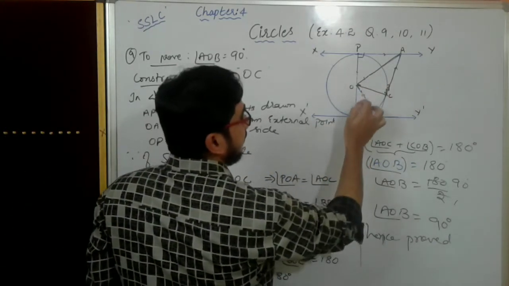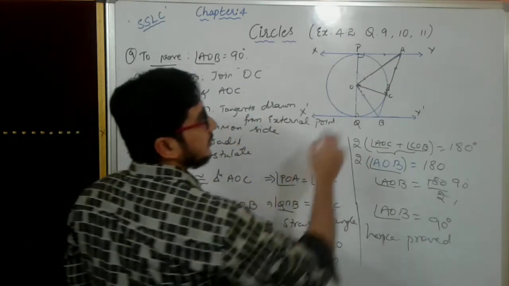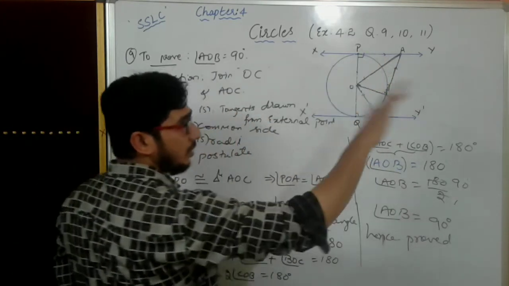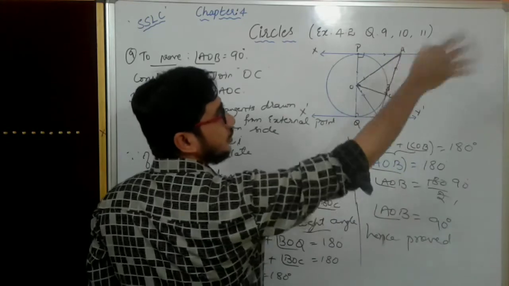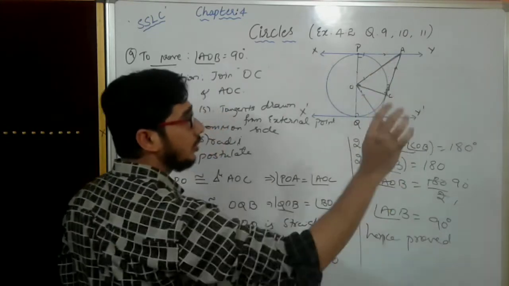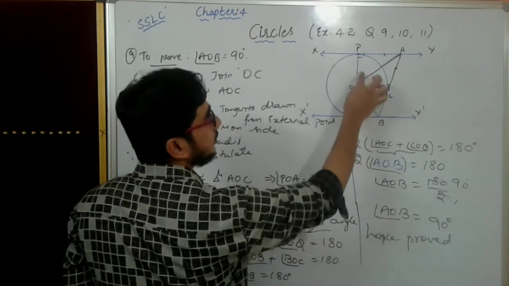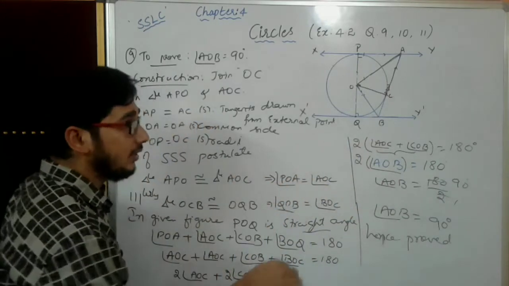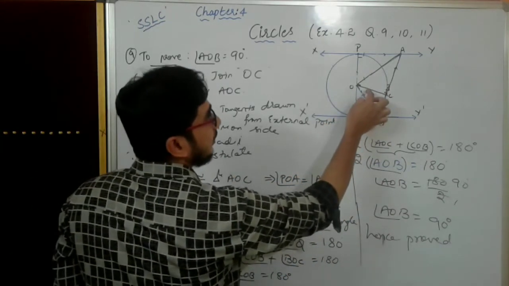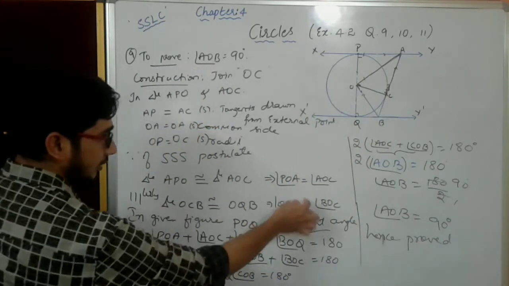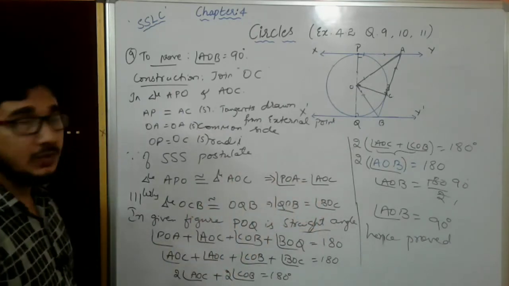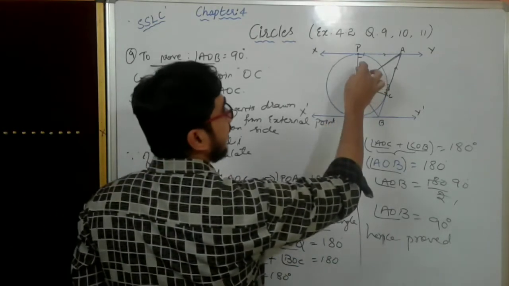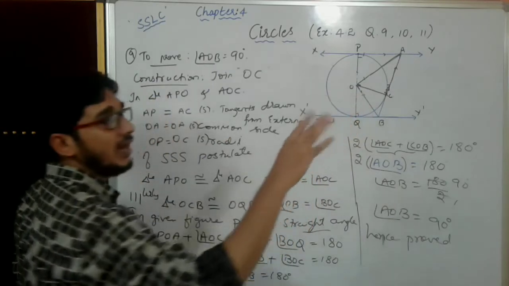So these 4 angles I want. That is the reason when these 2 triangles are congruent, I left these 2 angles. I left this angle also, I don't want it. Only I took this and this. These 2 are equal. Similarly, in these 2 triangles, these 2 are equal. I mentioned it here. This is the most important. After that, what do you have to do? Just add all these 4 angles.